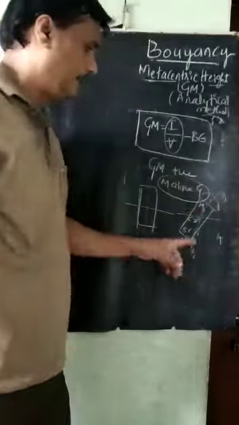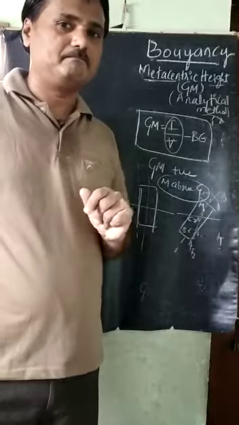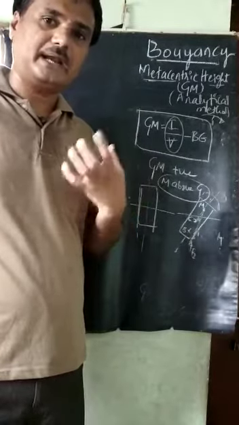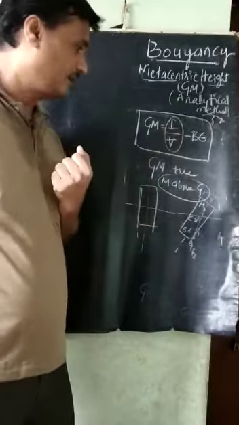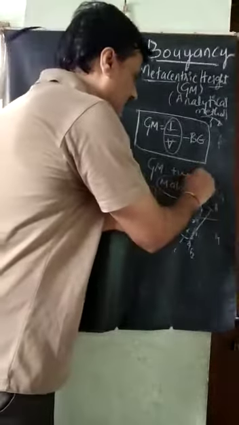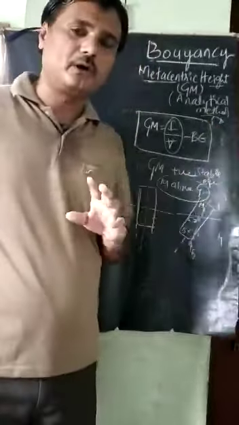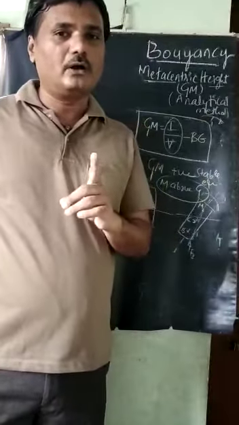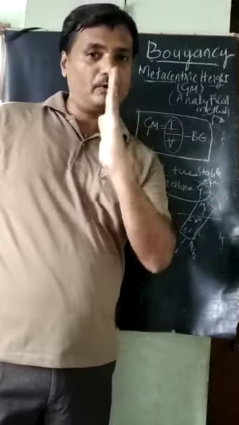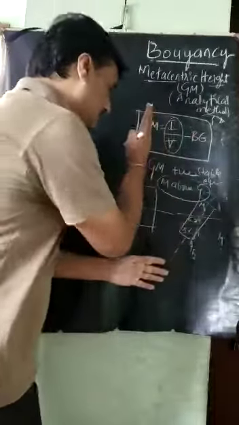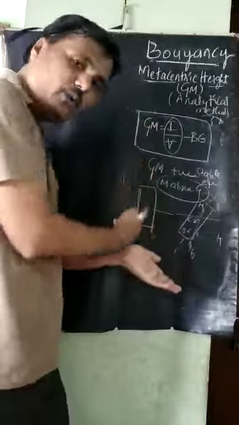Very important: the metacenter will appear above the G. It has been seen practically that the metacenter is above the center of gravity. Then it is called stable equilibrium. Stable equilibrium means the body will float about its axis. It will not submerge about its axis vertically. Even though it is shifted, it will retain back and float vertically